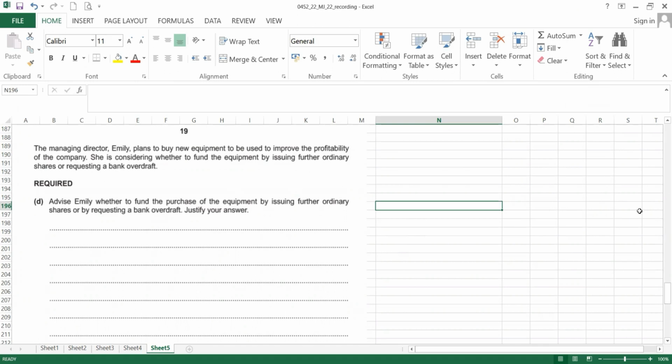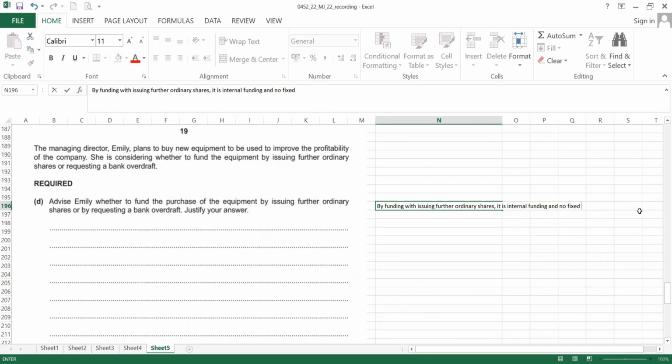Okay, the benefit of funding by issuing further ordinary share is that it is internal funding and no